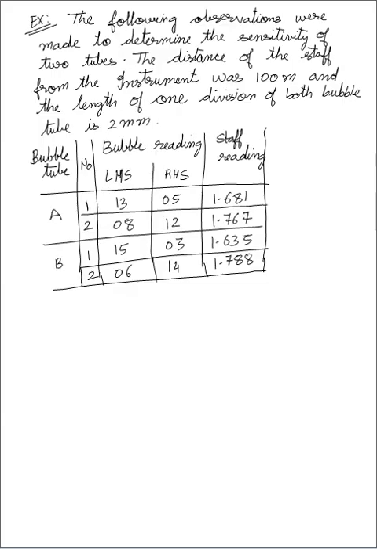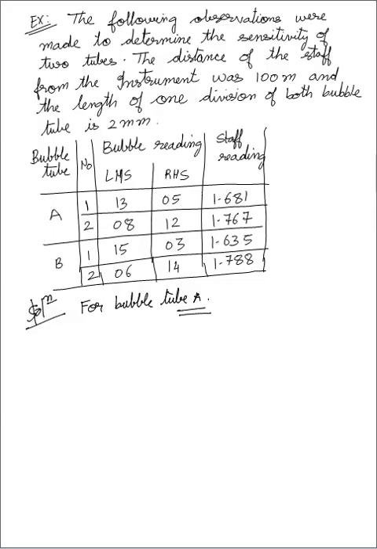So from staff reading we will get staff intercept. So let's start to solve this question. How will we go about this question? First of all we have to write down this data. So for bubble tube A,